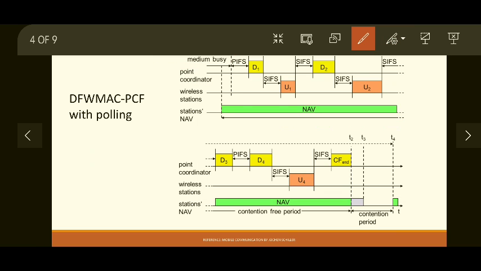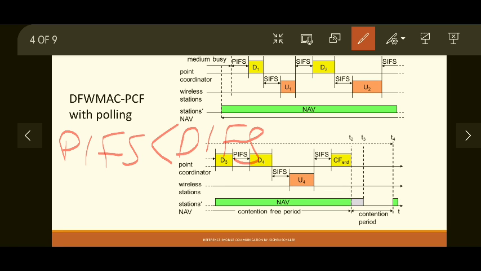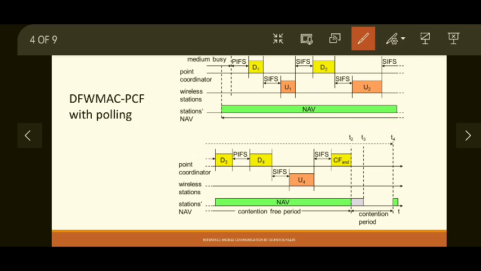Now during this time, is it possible for other stations to start transmitting? Can those stations which are not using PCF start transmitting? No, because PIFS is less than DIFS. So if there are any stations which are implementing DCF and not PCF, they still cannot transmit, because the polling station will start transmitting since it is waiting for a lesser amount of time. After waiting for PIFS, it starts polling the first station by sending a data packet D1,